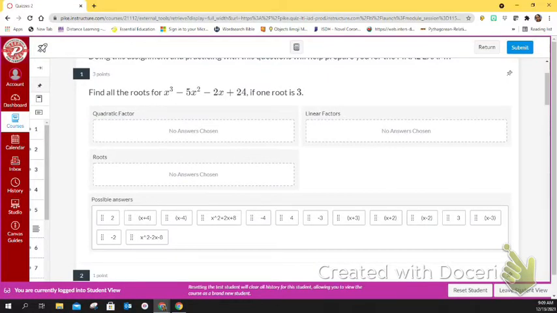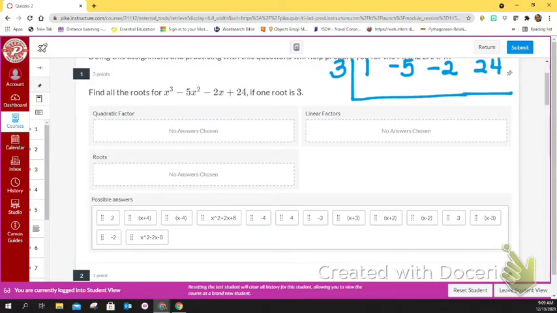So for question number 1, it says find all of the roots if one factor is 3. So if one factor is 3, let's do synthetic division. So 3 goes on the outside. And then we're going to list our coefficients, which would be 1, -5, -2, and +24. So in order to do synthetic division, you bring down the first number,